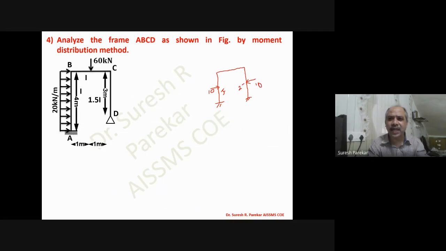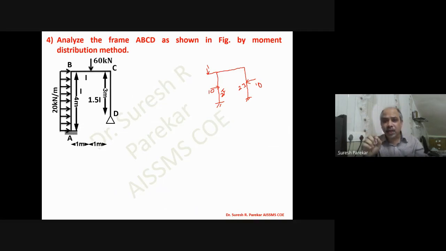And if there is a little change, you have to say that the frame is going to be a sway frame. So you have to keep in mind this bar. Suppose both are 2I, and then you have an overhang over here. If no load is there, then we have non-sway. But if load is there, then again this becomes sway. This load may be 1 kilonewton, then also it will be a sway frame.